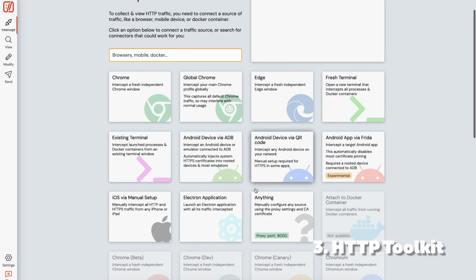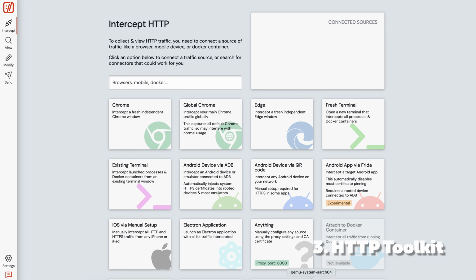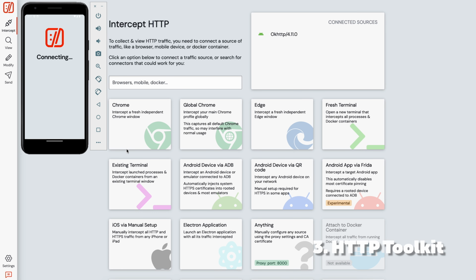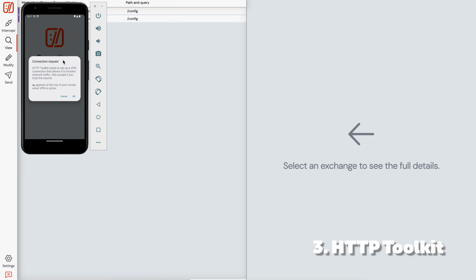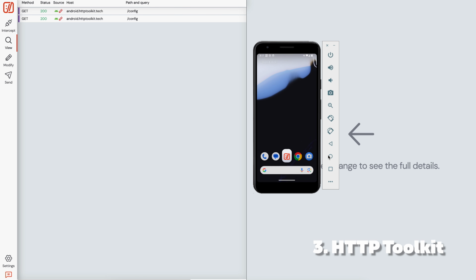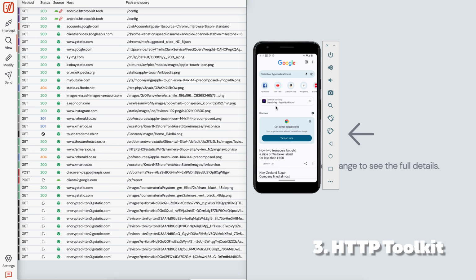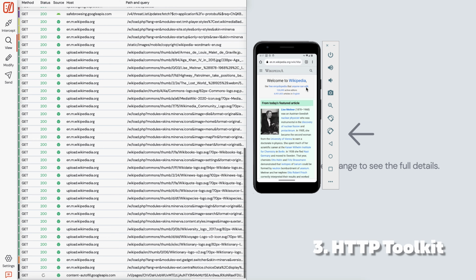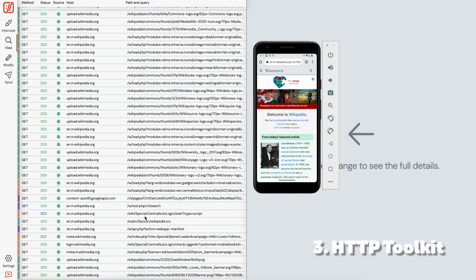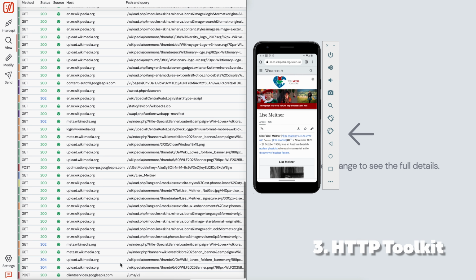The next tool I want to talk about is HTTP Toolkit. This tool is used for inspecting network traffic like you would do on Chrome DevTools. I mainly use this for capturing network data from mobile devices. So you can connect your Android device, for example, to your machine, turn on USB debugging. When you run HTTP Toolkit, it can intercept the traffic from your device. So if you're debugging something and there's an error on the application and the error is not very useful, you can look into the network traffic and see what exactly failed, what request failed,